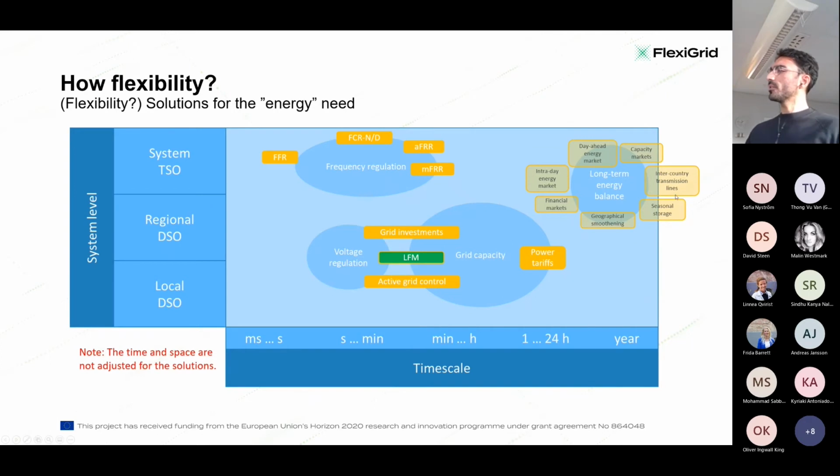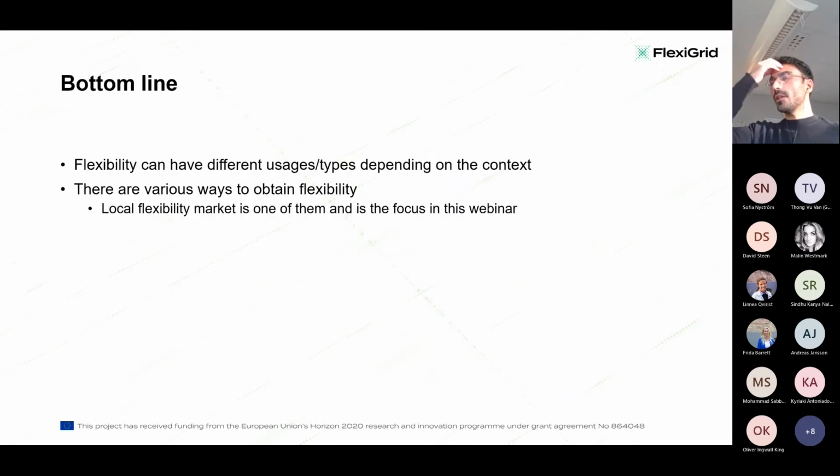Regarding the long-term energy balance, I have put it here because some of you might have heard about seasonal storage, inter-country transmission lines, capacity markets. There are also methods to solve the issue of having the long-term energy balance. It's not necessarily flexibility all the time, but maybe it's good to have that in perspective to understand the big picture. Bottom line here,